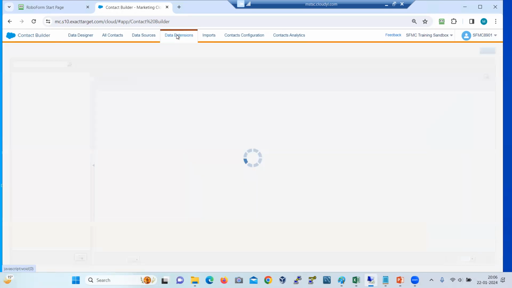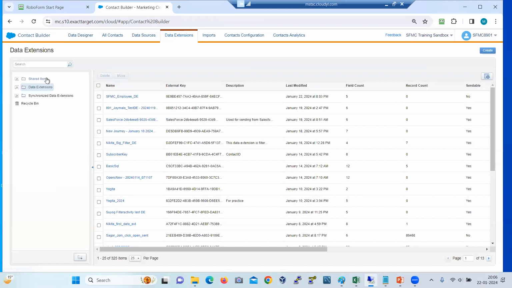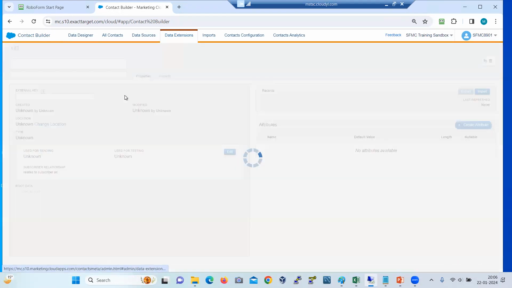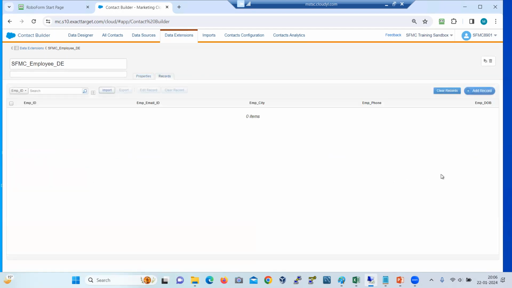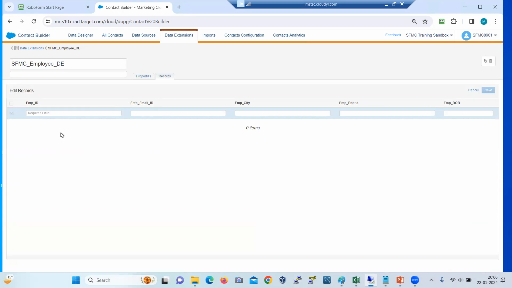Data extension. Here we can go to records. So here there is no record. I can create a record. I can add a record. So I want to add a record here. Employee ID, suppose 1001. Okay, employee email ID, suppose